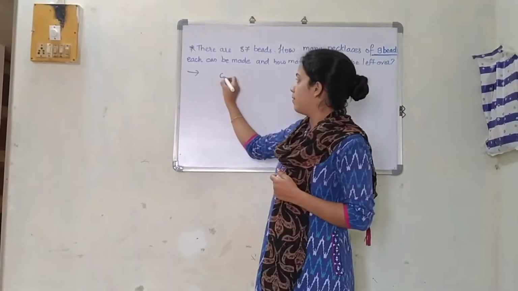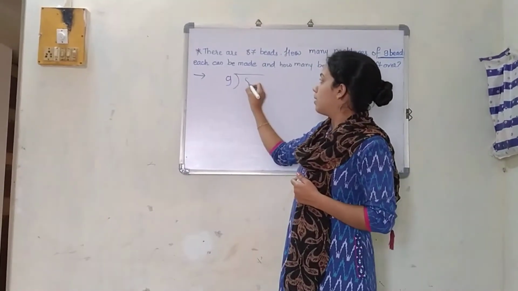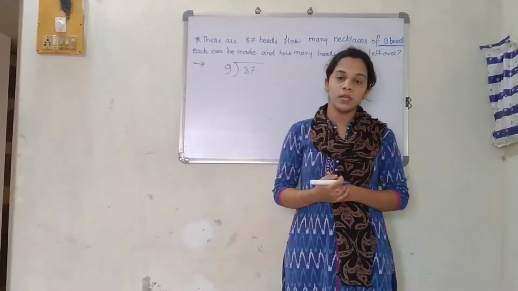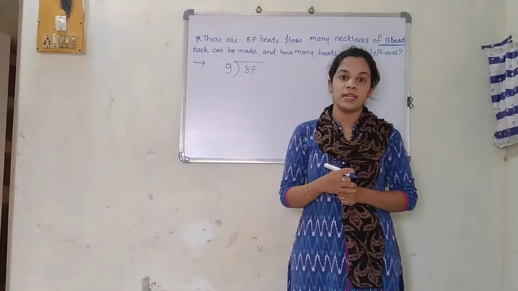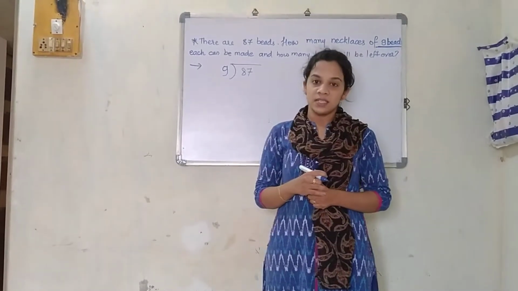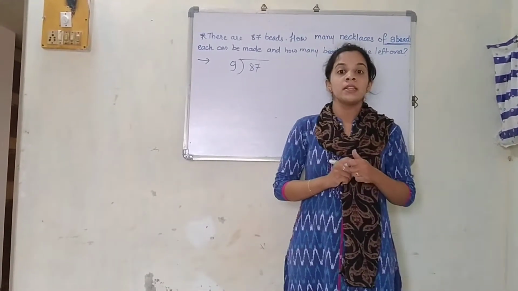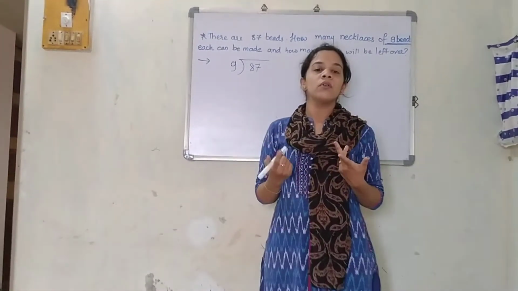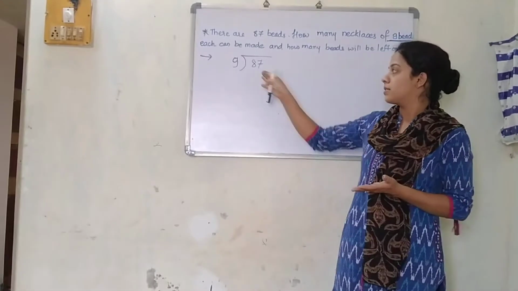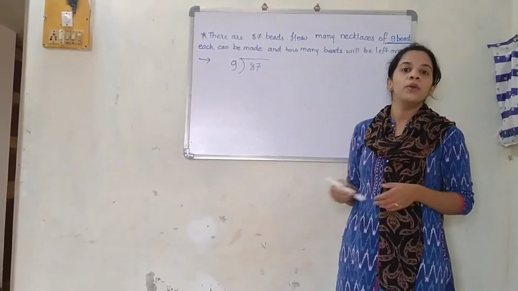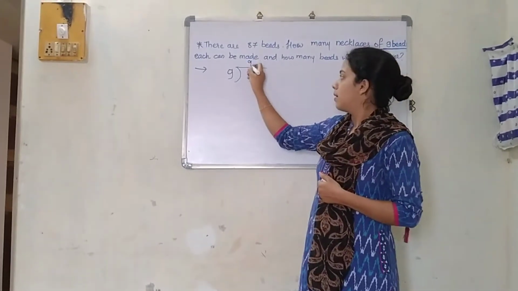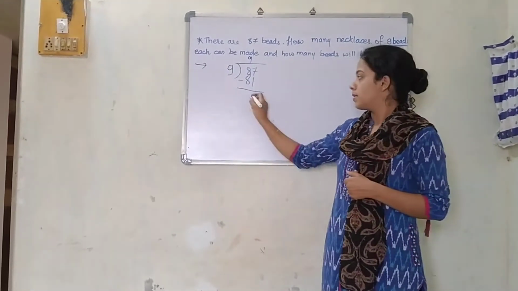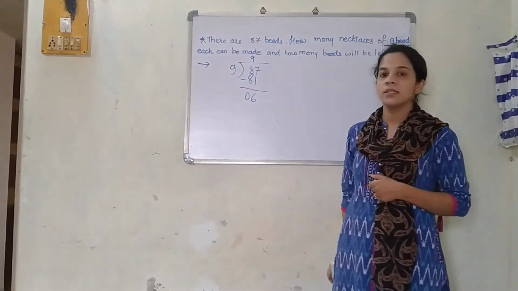So now we are going to divide 87 by 9. So we are going to say the table. 9 ones are 9, 9 twos are 18, 9 threes are 27, 9 fours are 36, 9 fives are 45, 9 sixes are 54, 9 sevens are 63, 9 eights are 72, 9 nines are 81 and 9 tens are 90. I cannot take 9 tens are 90 because it will exceed 87. So I am going to take 9 nines are 81. 7 minus 1 is how much? 6. 8 minus 8 is 0.